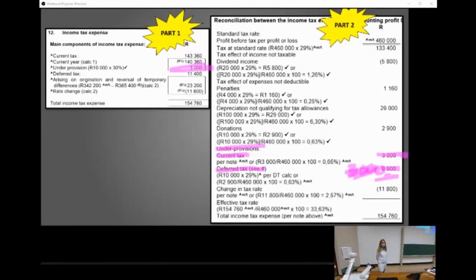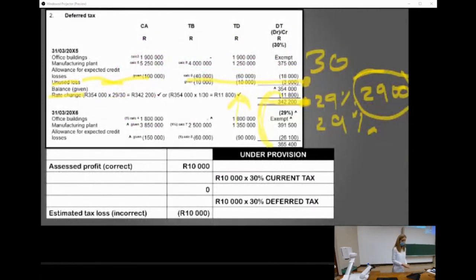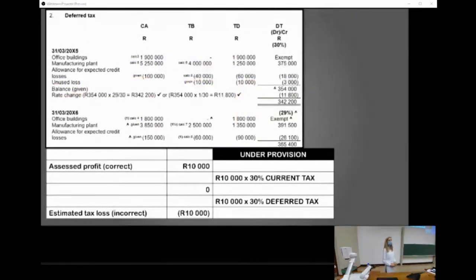The change in the rates reflects the change in the asset's rate. You don't have to go and calculate the deferred tax asset that you have to adjust at 29% separately, because that is already included in the general rate. Okay, so the question is that that under provision of deferred tax, we actually provided for that at the old rate of 30% in the prior year, and now our adjustment is at the new rate of 29%. So the question is,